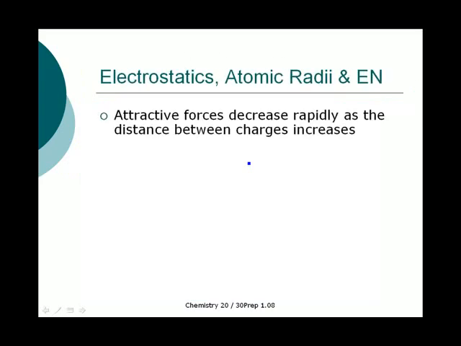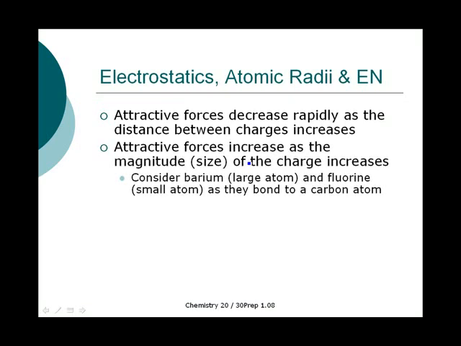And so there's 2 kind of competing trends. The attractive forces between 2 atoms decrease as the distance between their centers increases, which makes sense. The farther away that positive nucleus is from the valence electrons of another atom, the less electronegativity is going to happen. Attractive forces also increase as the magnitude of the charges increases. So if we take a look at something like barium and fluorine, as they would be attracted to a carbon atom. If we take a look at barium,